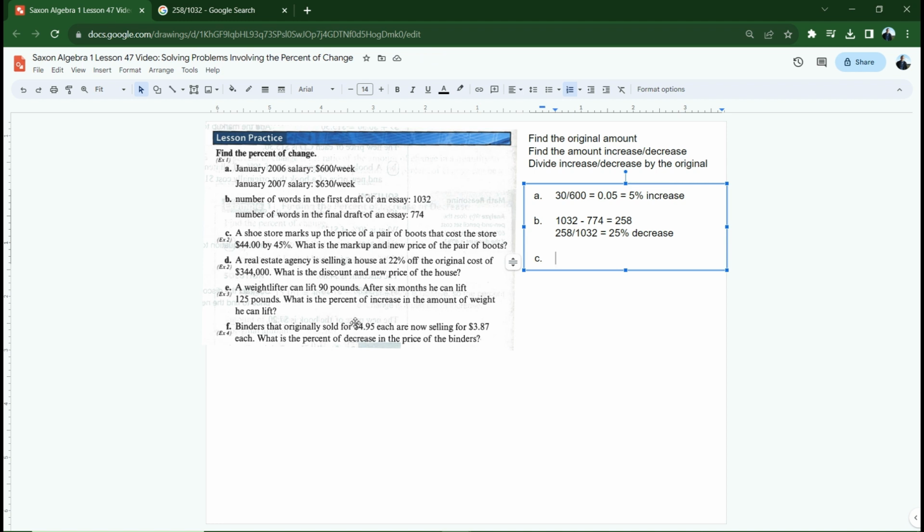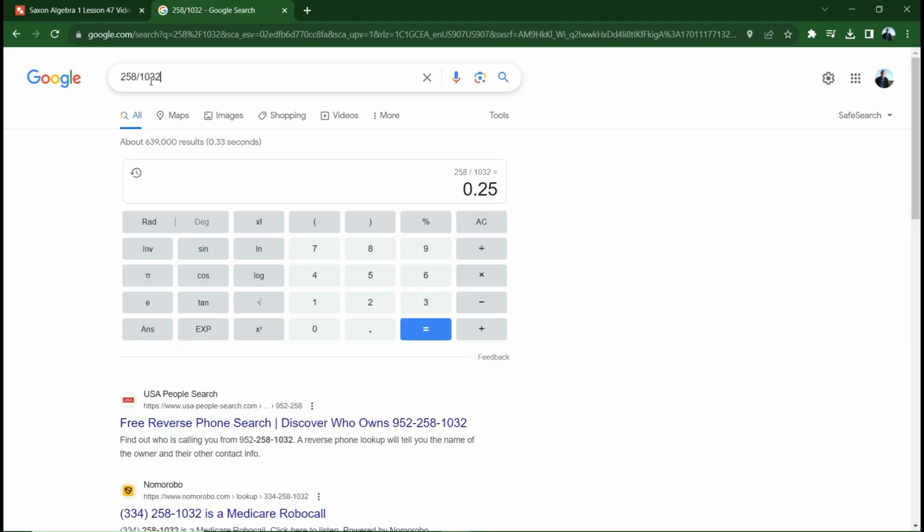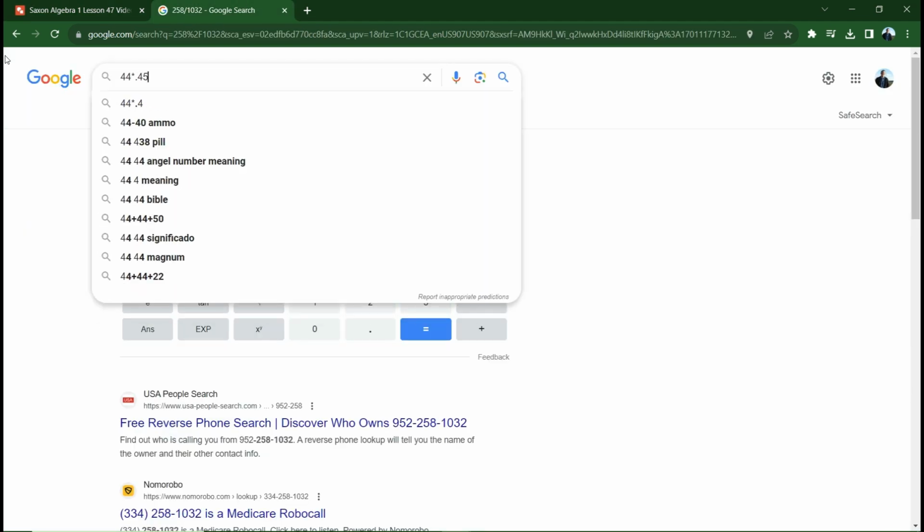Letter C. A shoe store marks up the price of a pair of boots that cost the store $44 by 45%. What is the markup and the new price of a pair of boots? For this one, I could go back to this formula, by the way, but we're going to do this a little bit of a different way. $44 times 45% is going to give me the actual change. So the original amount is 44. The change is going to be 44 times 45%. Let's just punch that in. There we go,